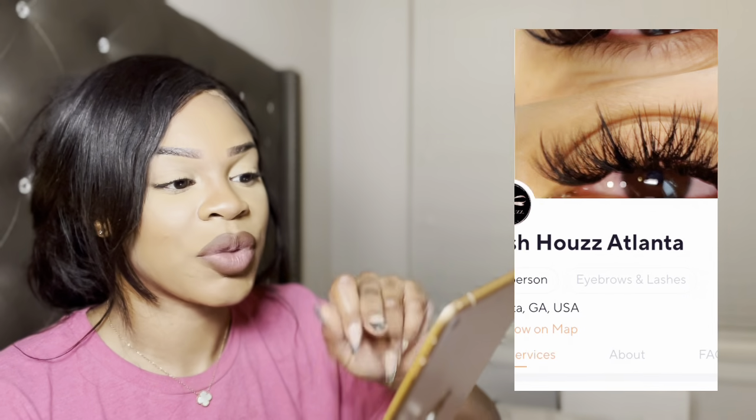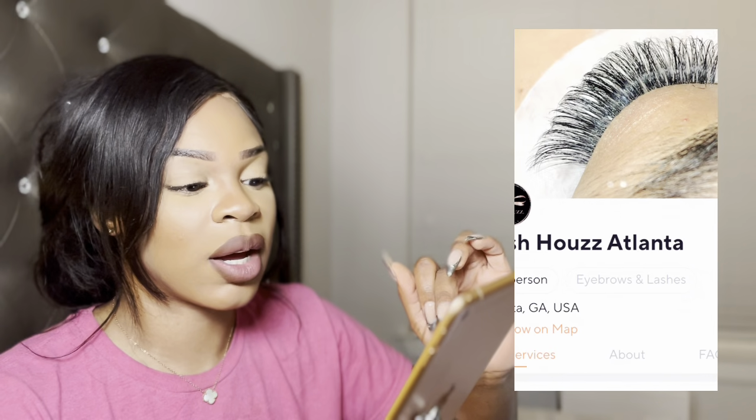Because I'm using my iPad, this is my logo from when I first started. This isn't my logo now. I have a black and white logo, but because I'm on my iPad, this is just so y'all can get the idea of it. To my page, you see my logo and you see my work. So you always want to make sure you have super high quality pictures. Both of these pictures were taken with my phone.